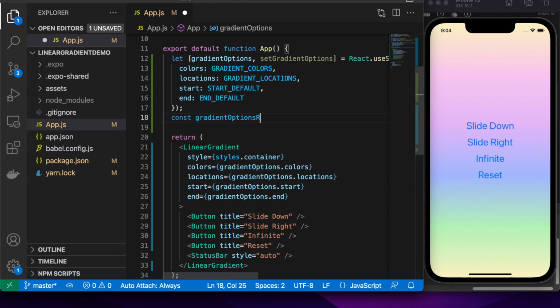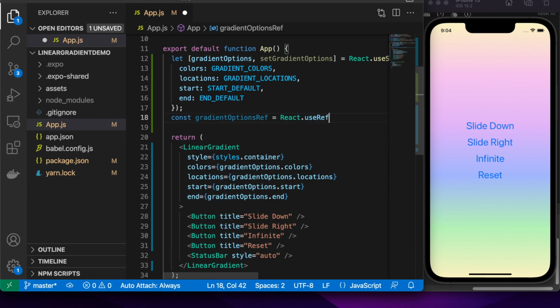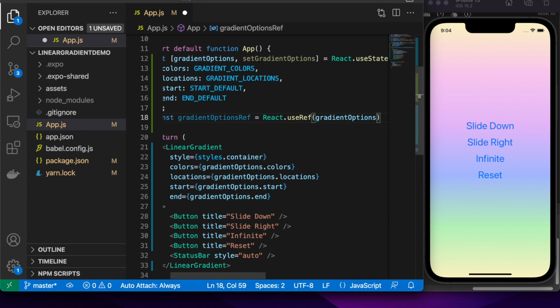So I'm going to use this gradientOptionsRef. So I'm going to use React.useRef, and basically that's going to let me access what the actual current value of gradientOptions is.